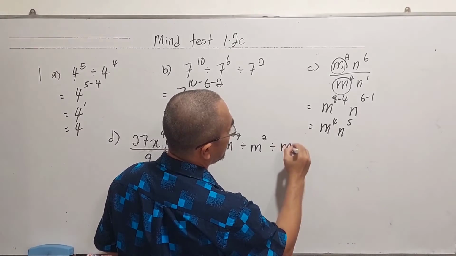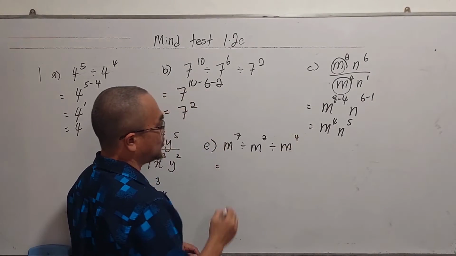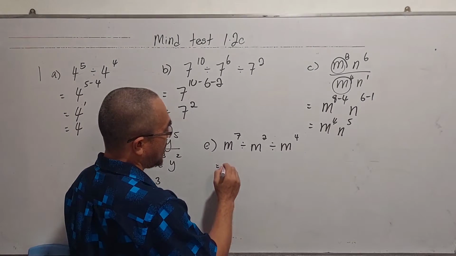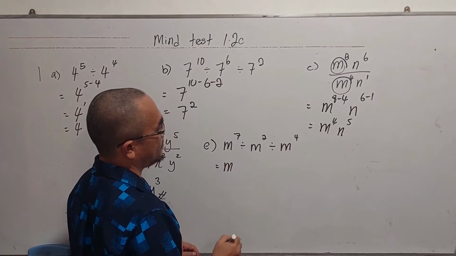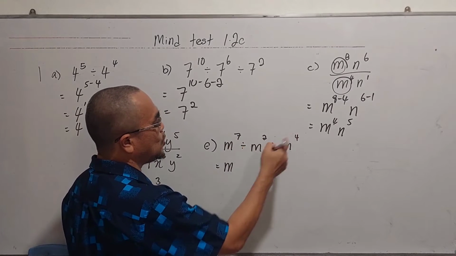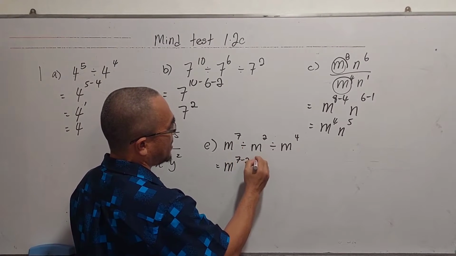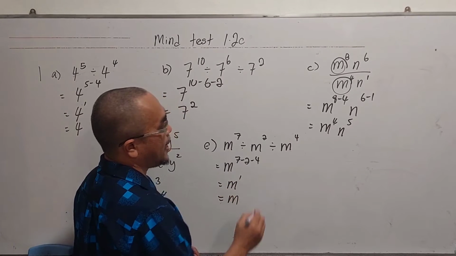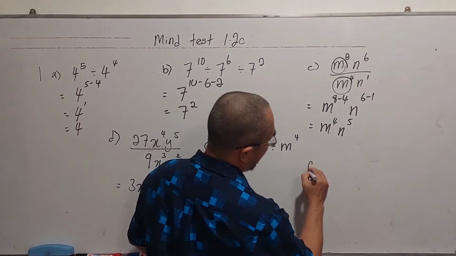Divide M to the power of 4, so M to the power of 7 minus 2 minus 4 minus 4 equals M to the power of 1, which equals M. And F,